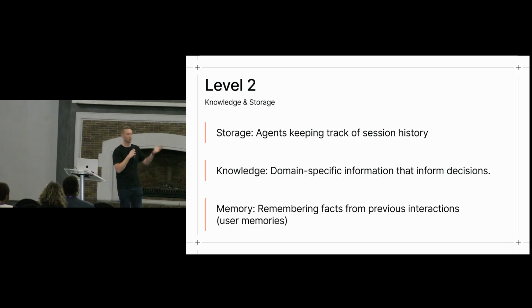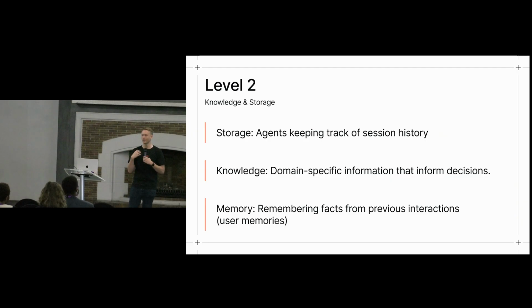And we can also add knowledge. A knowledge base is effectively a store of information that the agent can search, information that it doesn't otherwise have access to. Maybe if you build an agent for a company, then it would have company documentation or proprietary information or websites that you've scanned, and then memory. If you've used ChatGPT, you might have noticed it remembers stuff you've said before, not just the questions you've asked, but facts about you.